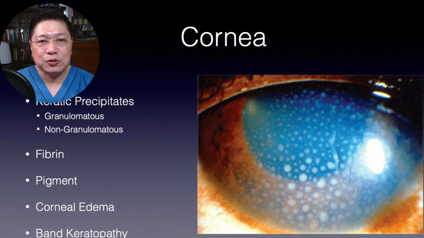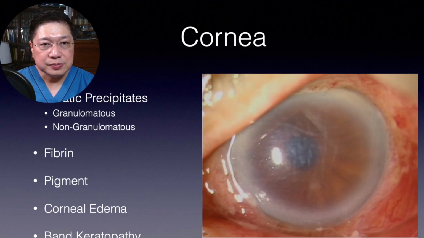It's actually on the cornea. It's on the endothelial side, or the inner part of your cornea, and they basically look like pieces of tissue paper that was thrown against a glass door. So they could be granulomatous or non-granulomatous. You could either see fibrins inside,